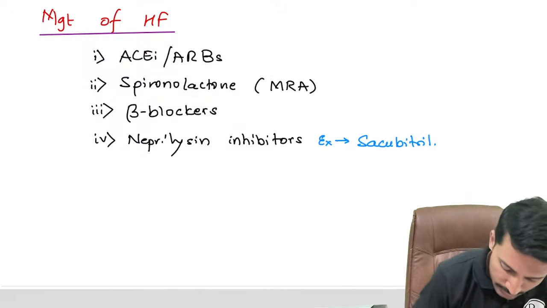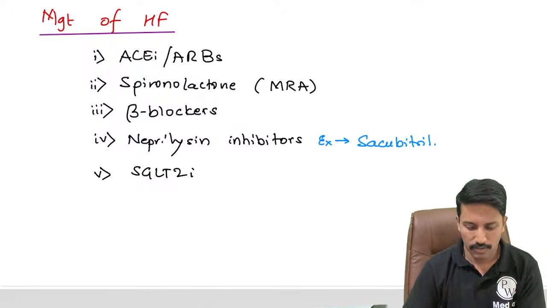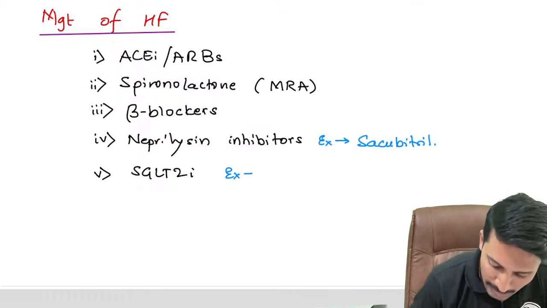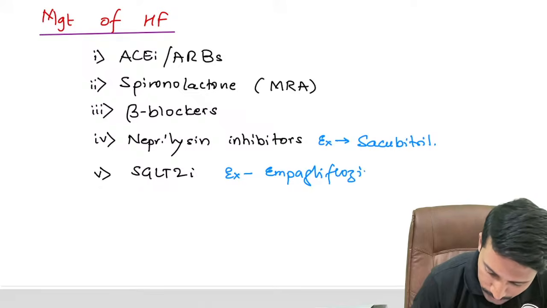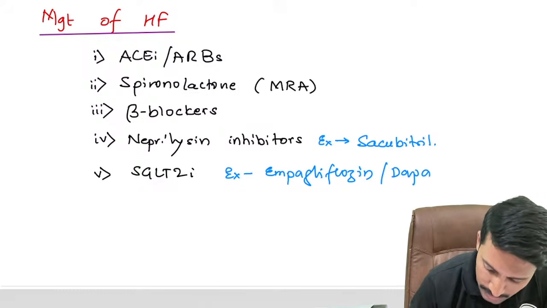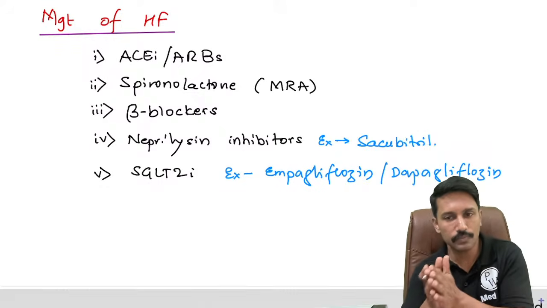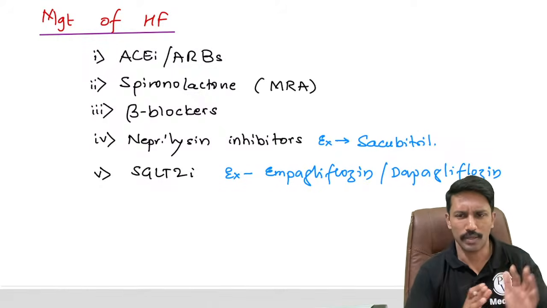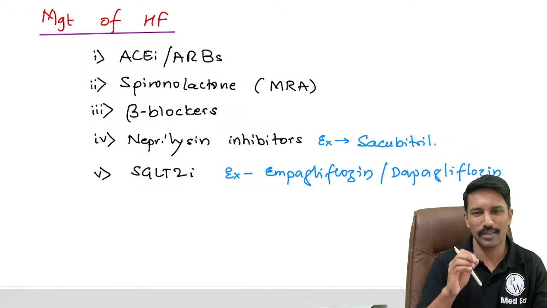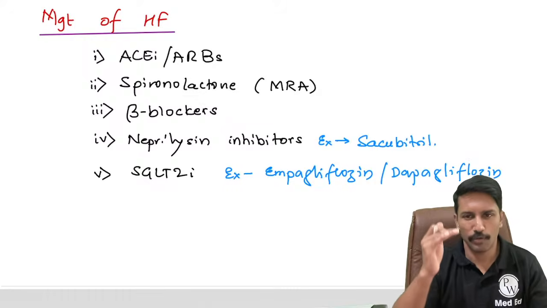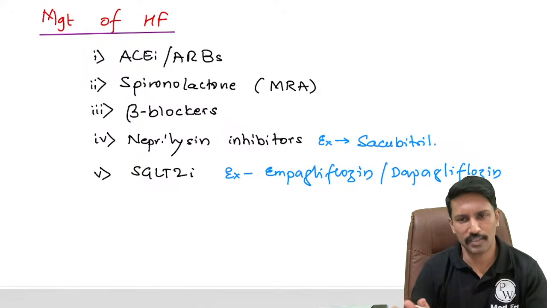Sacubitril. Okay. Then newly we have SGLT2 inhibitors. Example, gliflozins like empagliflozin or dapagliflozin. These are SGLT inhibitors. These are also used for the treatment of heart failure. Okay. In a prof exam, you don't have to elaborate in detail the protocol or the principles behind the use. If you're able to mention the list of drugs and one example for each, it's generally accepted more than adequate